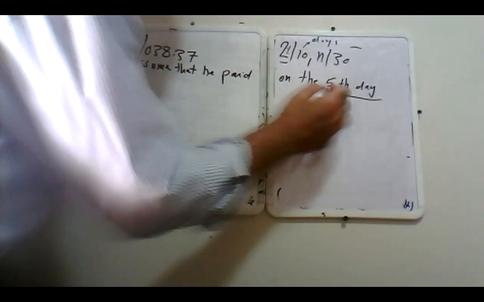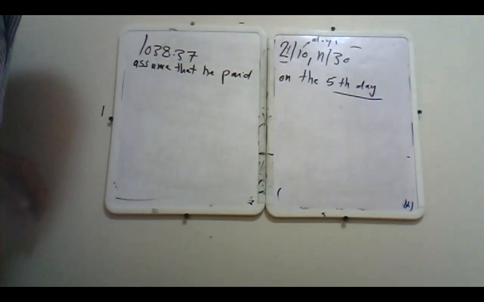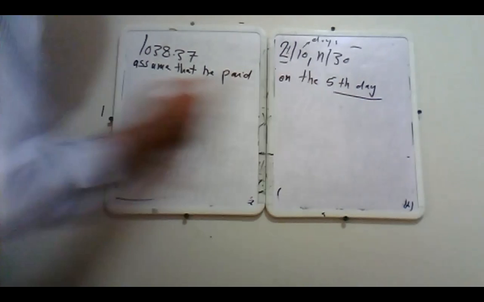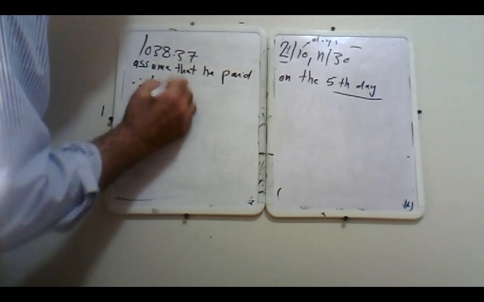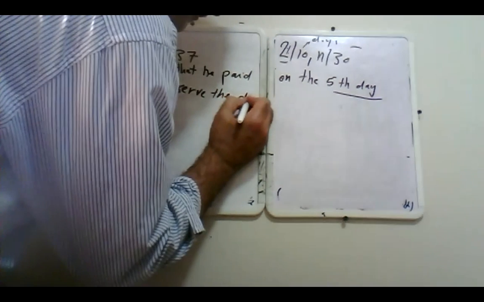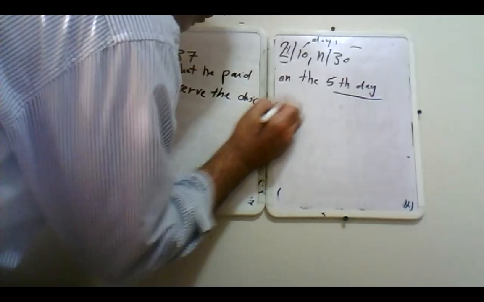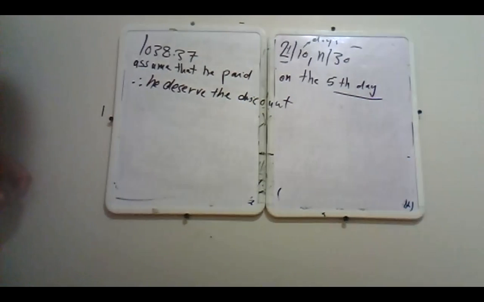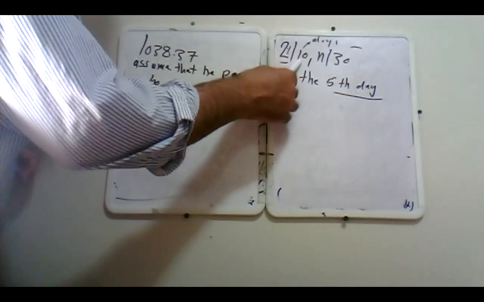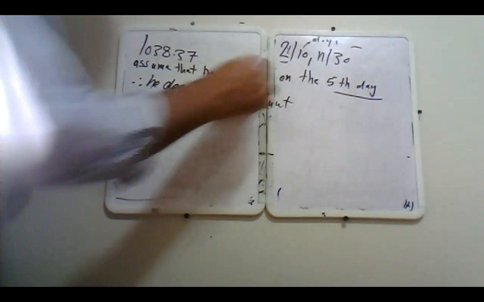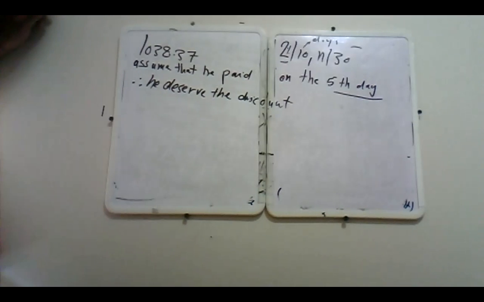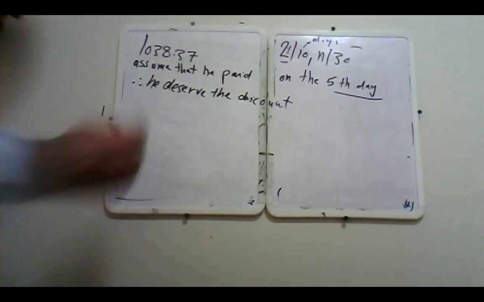But he paid only on the 5th day. That means that he deserves the discount. He deserves the discount as long as he paid on the 5th day, because he can pay within 10 days. If he paid till the day 10, he can take 2%. So the 5th day is within this period. So then I will say the net price